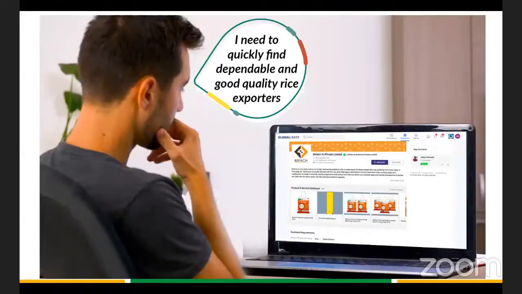Moving into the first one, I would like to put forward an example of a buyer who does not know anything about your business, and he's simply looking out for a new market and a new supplier for, say, rice. So he goes online and writes, I'm looking for rice exporters. He comes across a business profile on a web search, and when he opens that profile, he sees quite a lot of information about it, and he sees their product. He's able to make a decision whether he wants to start a dialogue with that organization or not. So the profile has given him enough information to get that started.